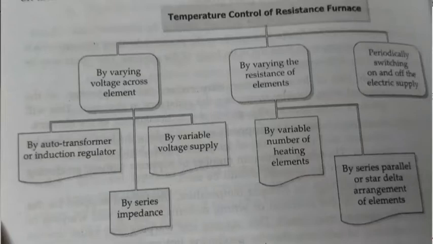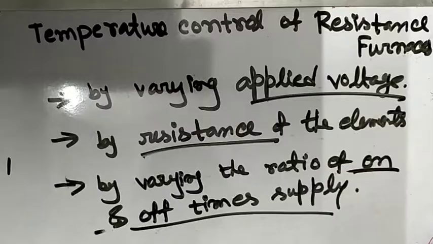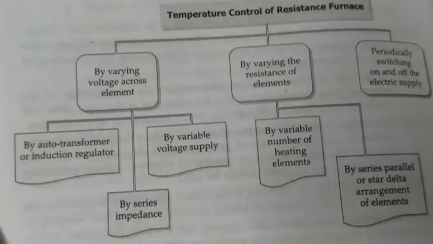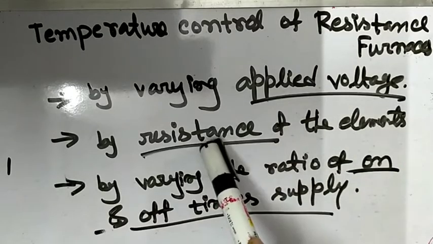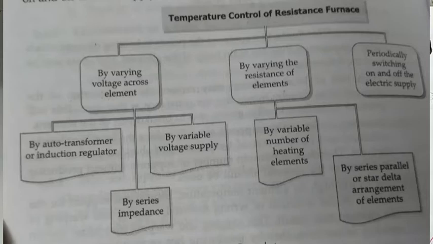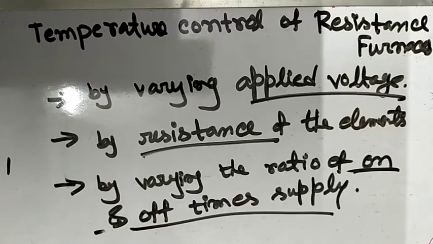First, by varying voltage across element, second, by varying resistance of elements, and third, periodically switching on and off the electrical supply. The first is achieved by autotransformer or induction regulator, by series impedance method, and by variable voltage supply. The second method is achieved by variable number of heating elements and by series parallel or star delta arrangement of elements. Okay, so first,